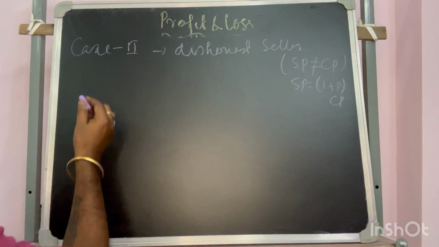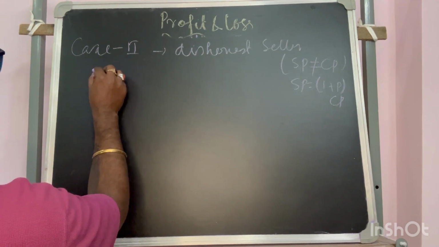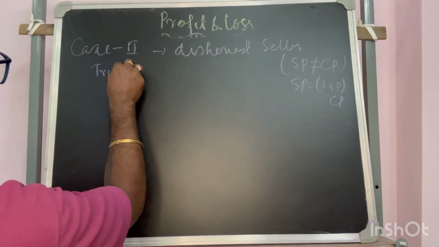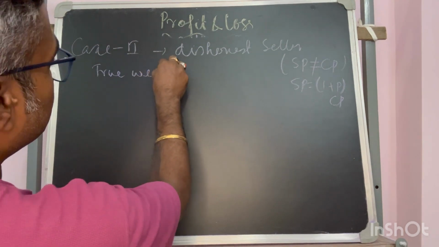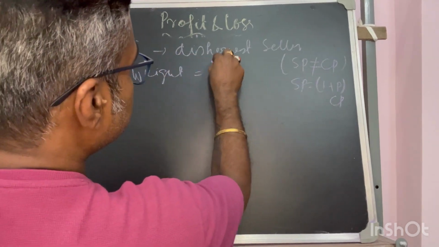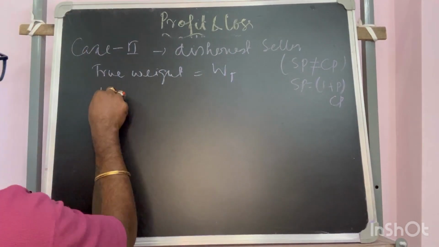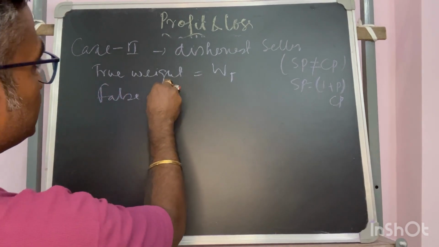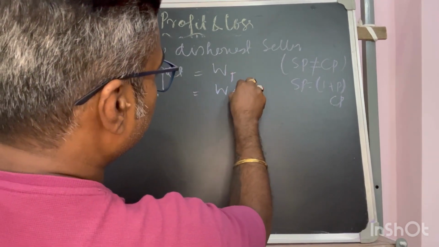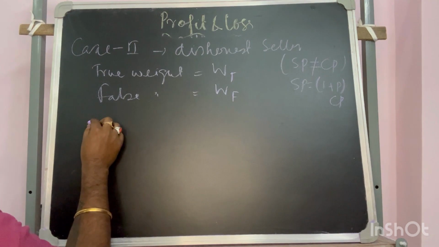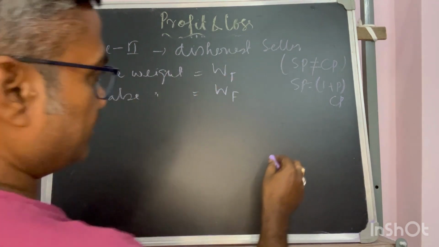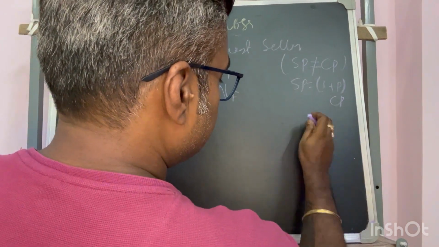So what would be the case? Let's say the true weight or the actual weight be represented as WT, false weight represented as WF. So the thing that he is selling is